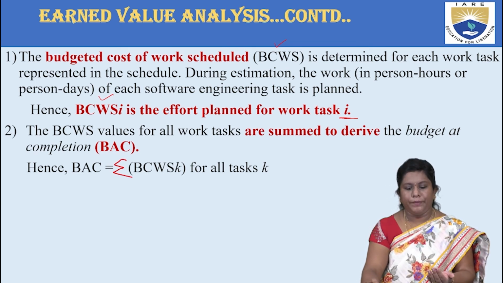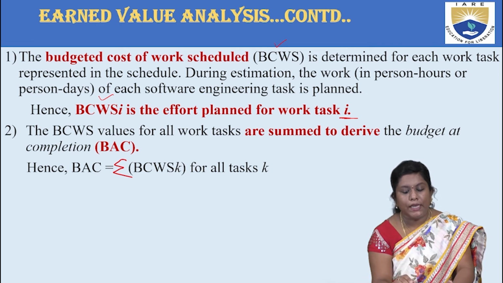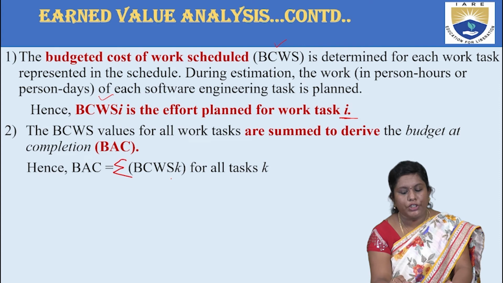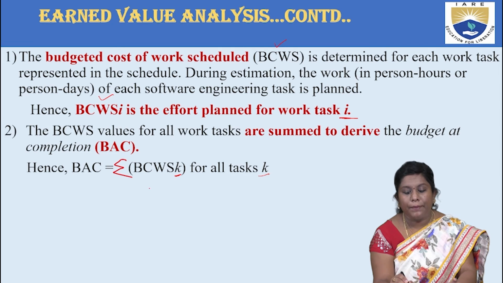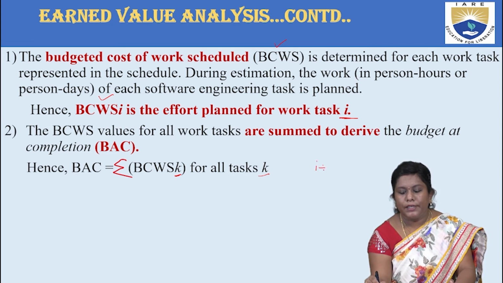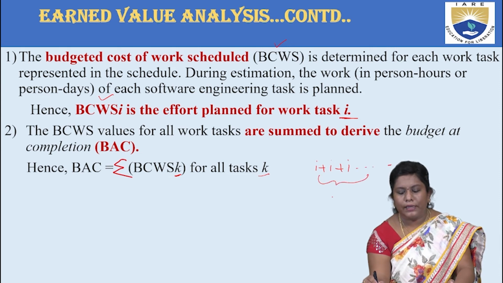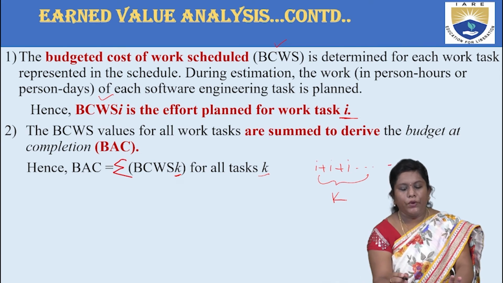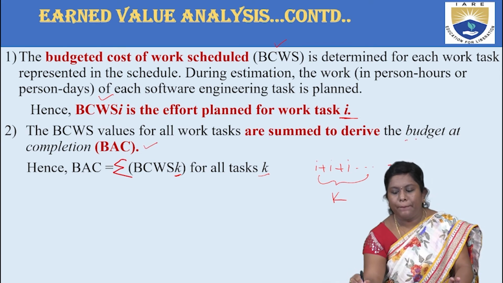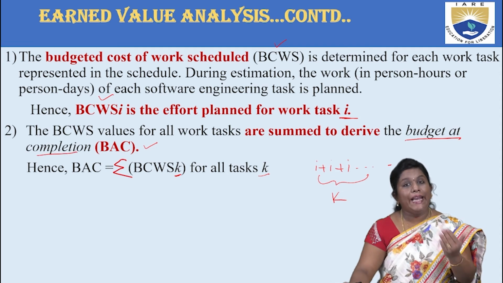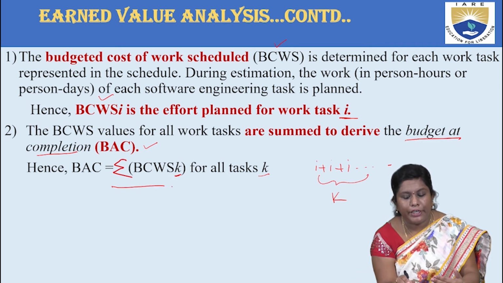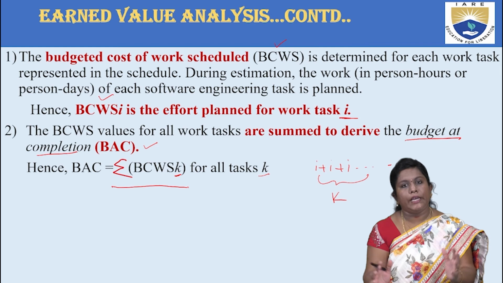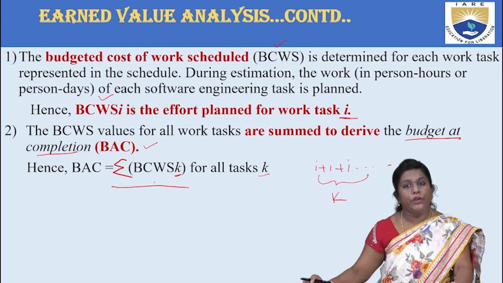that is being defined. So whenever you are trying to sum up all these budgeted cost of work scheduled values for all k tasks, that is for however many tasks you have, you are merging all these individual tasks together, and they are all considered as the k tasks. Now you have something called BAC over here, that is nothing but budget at completion. So at the end, what is your budgeted cost? How are you calculating the budgeted cost? It is the summation of all the tasks that are involved,